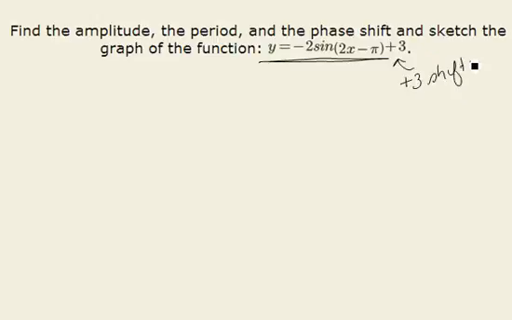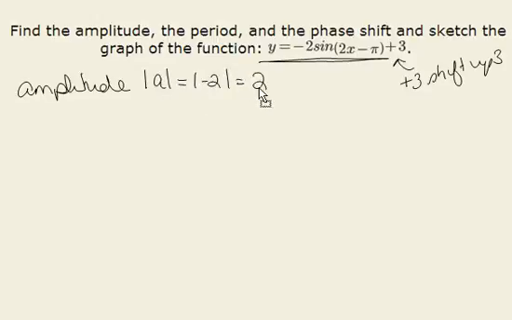graph up 3 units. That means it would not change the amplitude, the period, or the phase shift. It would just change the y values by moving them up 3 units, affecting the range. In order to solve this problem, we will first recognize that our amplitude would be equal to 2 because our amplitude is given by the absolute value of a, or the absolute value of negative 2, which is 2. This means from that average center point, our maximum deviation above that center would be 2 units, and below that